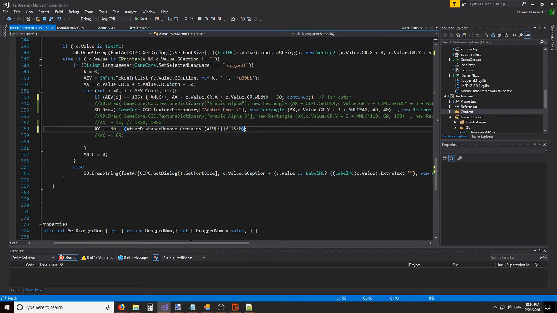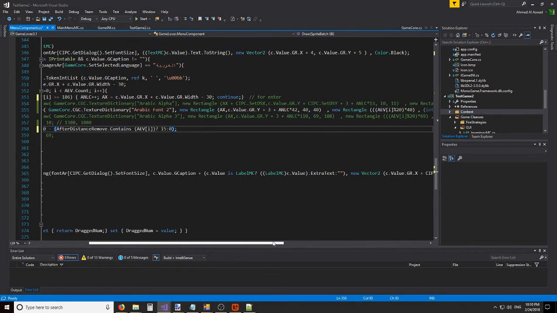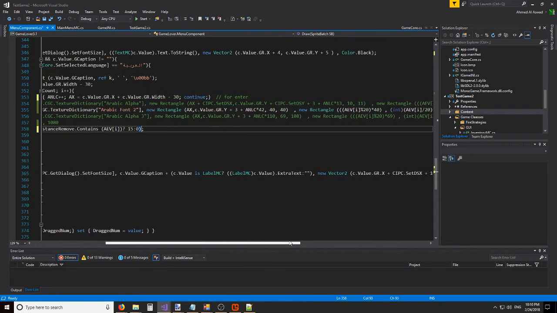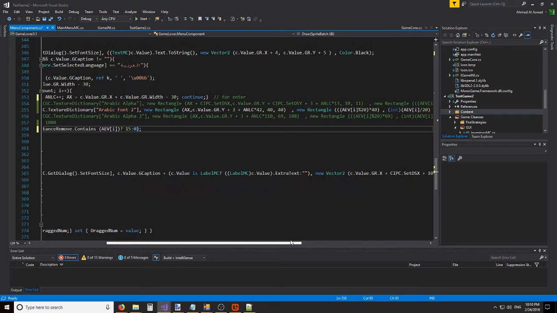But how to do the before? The before should be decreased in where we're printing it. So here